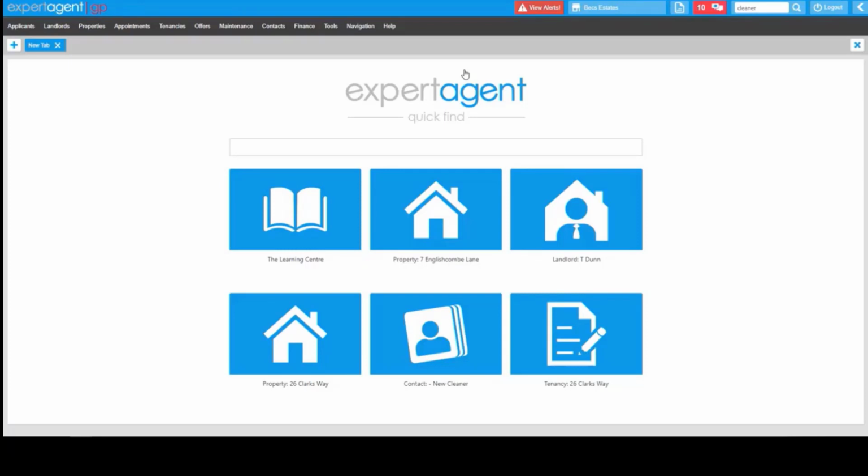Once you've got that, you can begin to post that into Expert Agent as your opening balance. You'll post your opening balances onto the record that balance relates to. So if it's tenant money, you're going to be posting that onto the tenancy record. And if it's landlord money, you're going to be posting that onto your landlord record. So the first thing to do is to get that breakdown, and then we can begin to post that breakdown